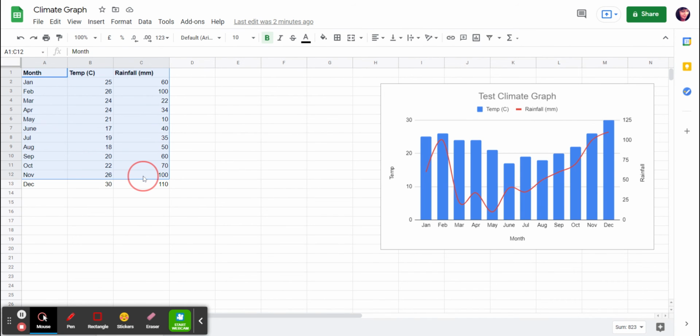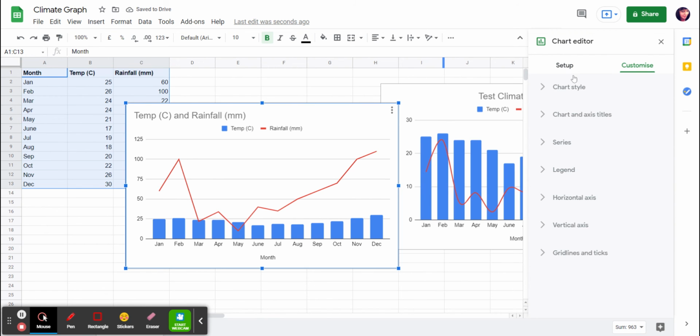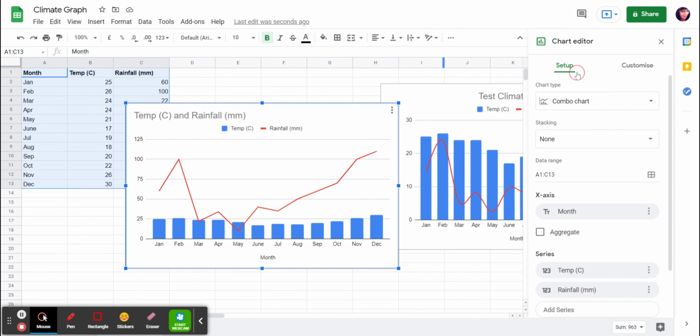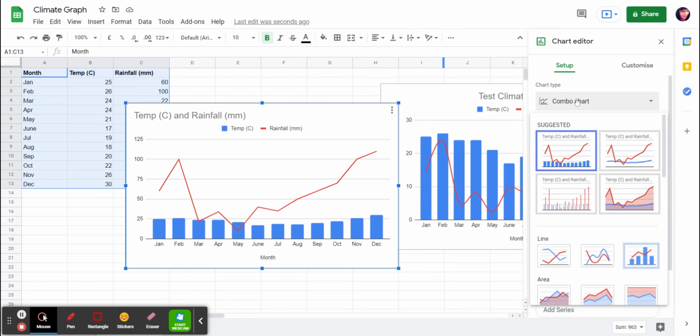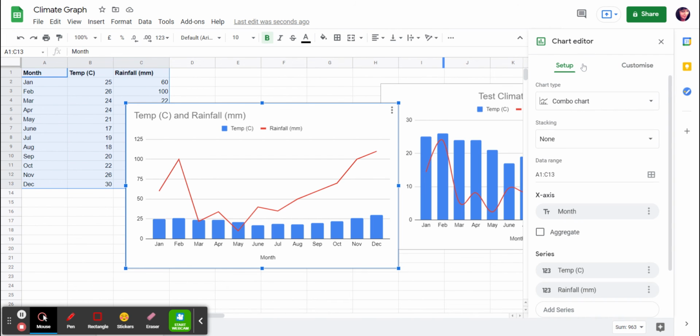In order to complete this graph successfully, you should select all the data and then click on this button which says Insert Chart. As you can see here, I would click Customize and make sure that the chart style is a combo. If I go to Setup, it's a combo chart, because Google Sheets will automatically suggest and see what kind of chart it is. And then you should go through the rest of the video to explore what else you should include in this particular thing. And that includes having custom ranges to ensure your data is accurate. Complete this to the best of your ability,